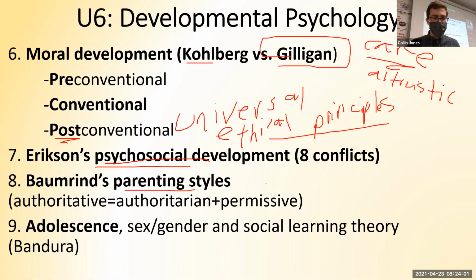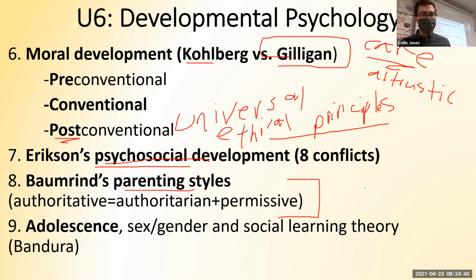Standard 8 was about parenting styles. And I just wrote in parentheses here, here are the 3 styles. Authoritative, she said, is the best. It's the right combination of high expectations, high standards, a little bit of strictness, which is what authoritarian parents have, but it also combines the care and support and love that a permissive parent shows, right? So permissive parents are too nice, they let you get away with things. Authoritarian parents are too strict, they're mean dictators, but authoritative has the balance of high expectations and also warmth. That's the best kind of parent that Baumrind said you could be.